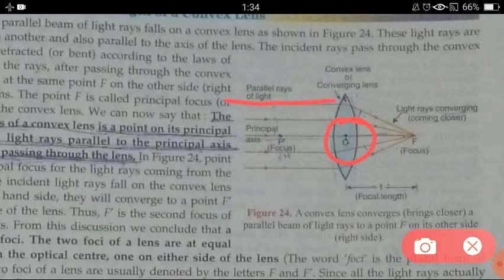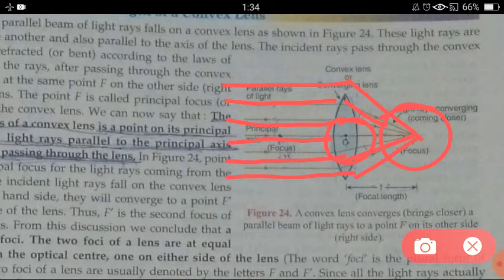See, these are the light rays, incident light rays, which are coming towards the convex lens, and when they pass through the convex lens, because of refraction, the light rays change their direction of propagation. Initially they were coming in a straight line, then because of refraction they bend towards one particular point. So all the rays, when they pass through the convex lens, bend towards one particular point. So that point where they all meet together, that is called the focus.